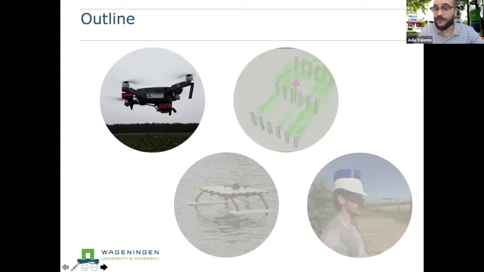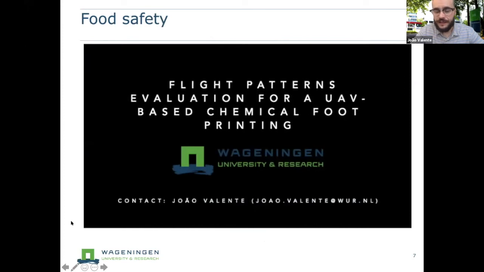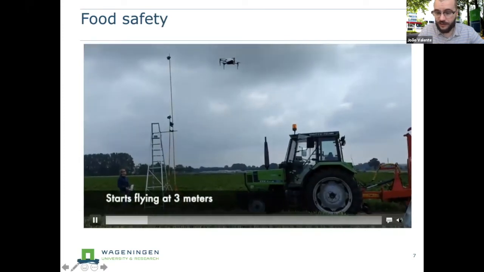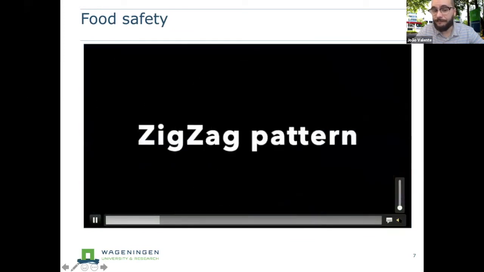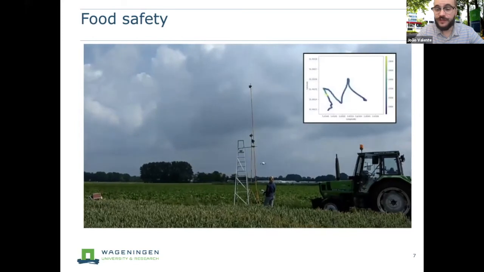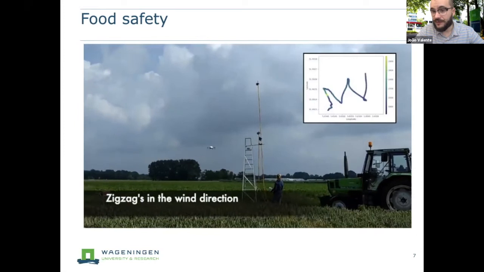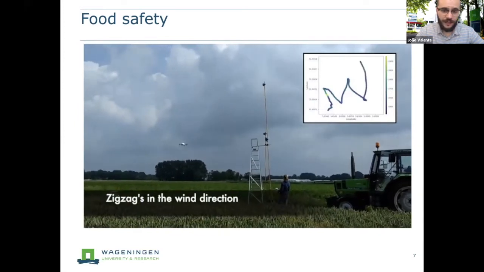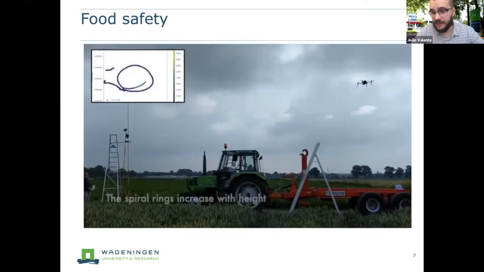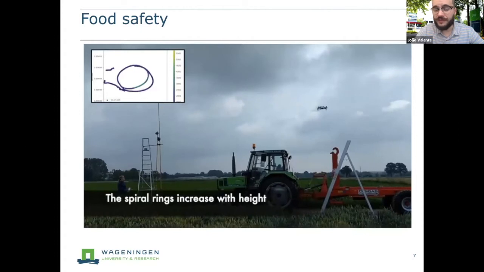So let's start with the drones. One of the applications that we are working on, and that was already introduced by Omar, is food safety, where we are interested in keeping track of the health of the plant. This can also be spotting disease, or keeping track of particulate matter after a fire.